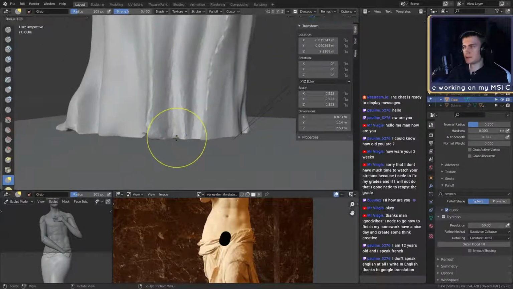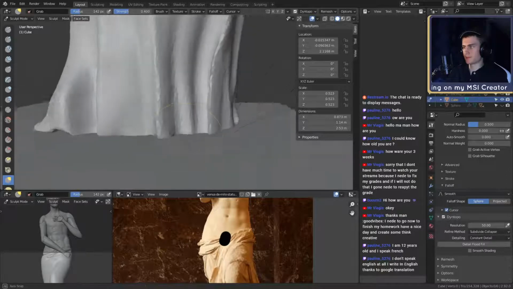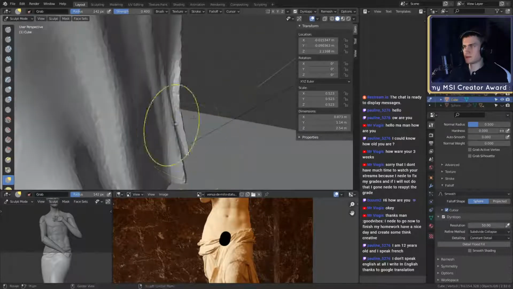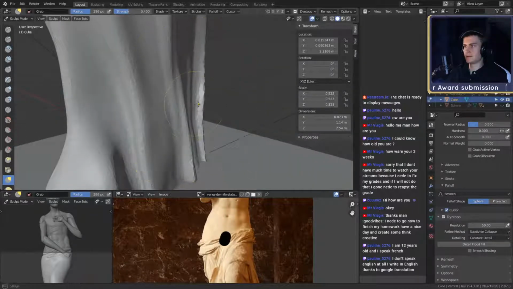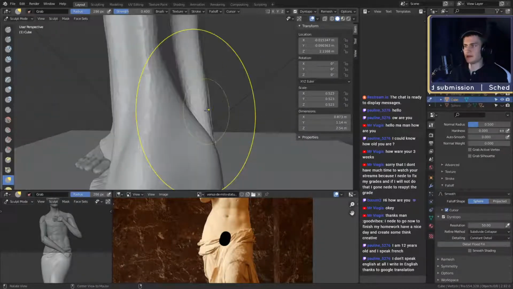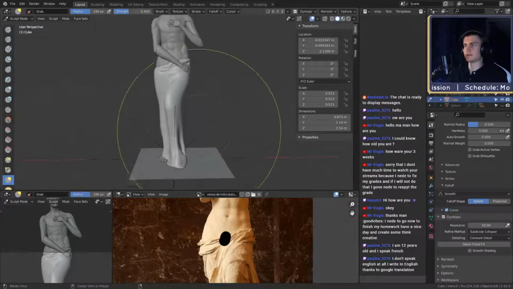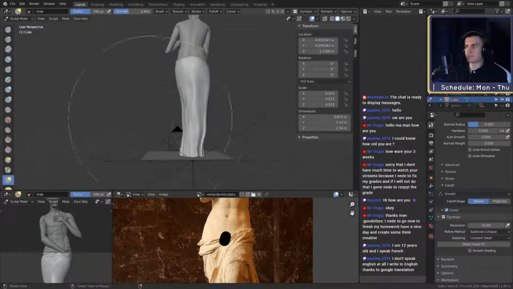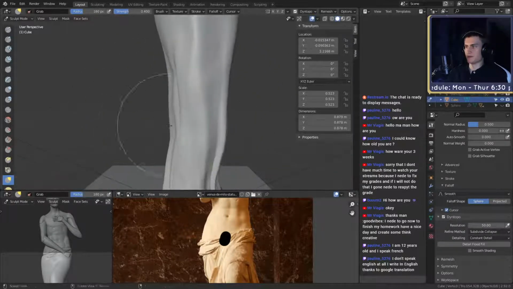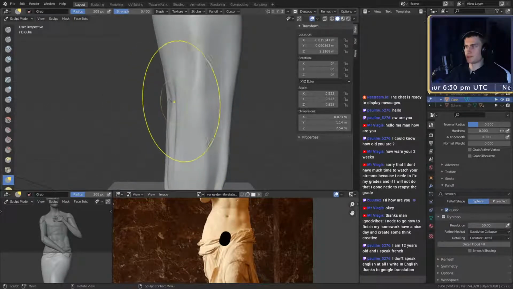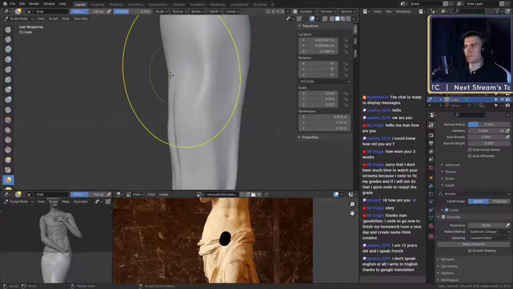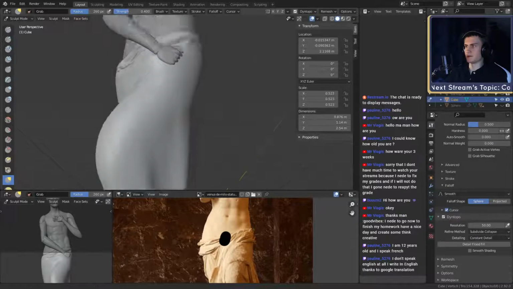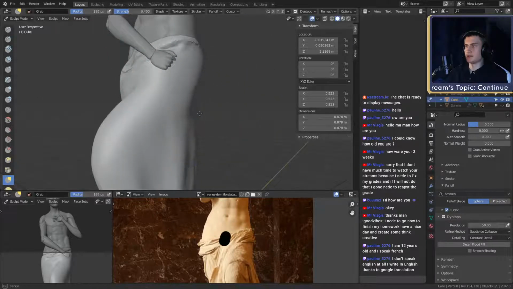So more like this. That's probably better. Also, it has to be further from her legs. It's more free hanging than wrapped around a leg like this. Okay. Probably a little bit more. Actually, way more. Hold on. That's better. That is better.